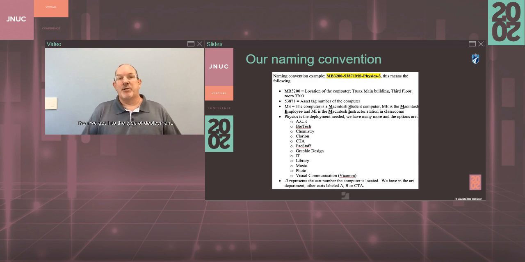Then we get into the type of deployment. This is a physics computer, but it could have easily been a chemistry computer or a photo computer, graphic design, biotech, IT, you name it. And because it's a laptop computer, we have a number 3 to indicate it's in the cart number 3 in the physics deployment area. So you can see this name is pretty complex in terms of what it is saying